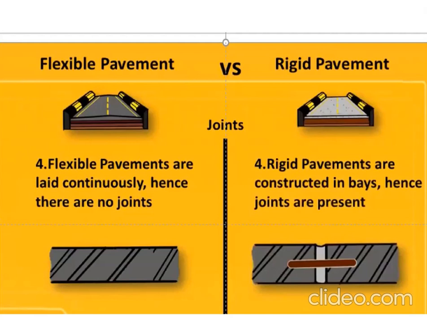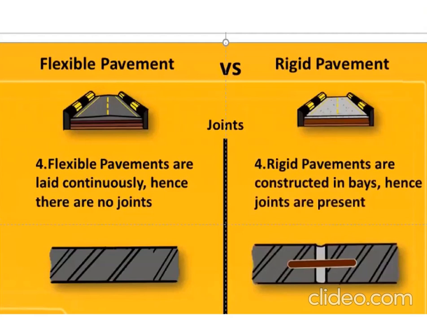So there are joints. That's why I'm saying, once you read these things from the textbook, they explain it very well, but we have to think about it. It says joints, but it doesn't mean joints that are planned beforehand. These are forced joints, like the transverse joint and the longitudinal joint, obviously at the end of the day, and the transverse joint because you cannot construct two lanes of pavement in one go. But other than that, there are no joints in flexible pavement. So when I say joints, I mean the joints that we know we have to make.